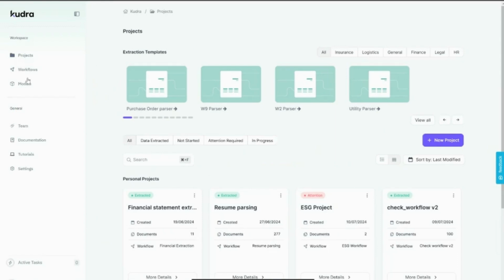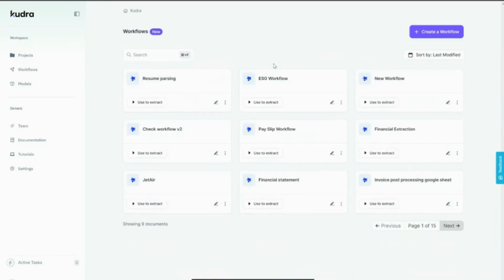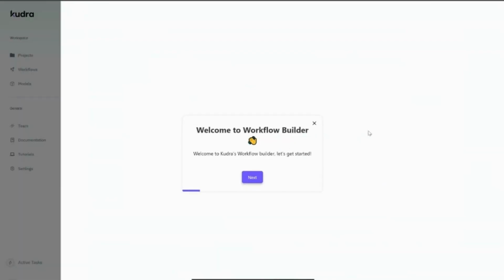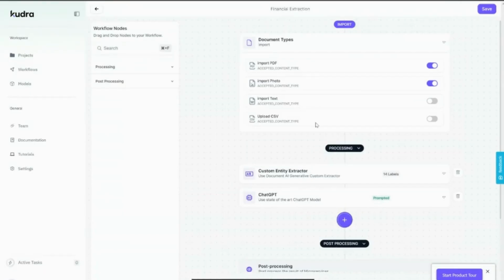So we're going to head to the workflow section here on the left side. This is our document workflow. And I've already created one. It's called financial extraction. So we're going to open it. Let's open that. So yeah, basically, this is the workflow creation